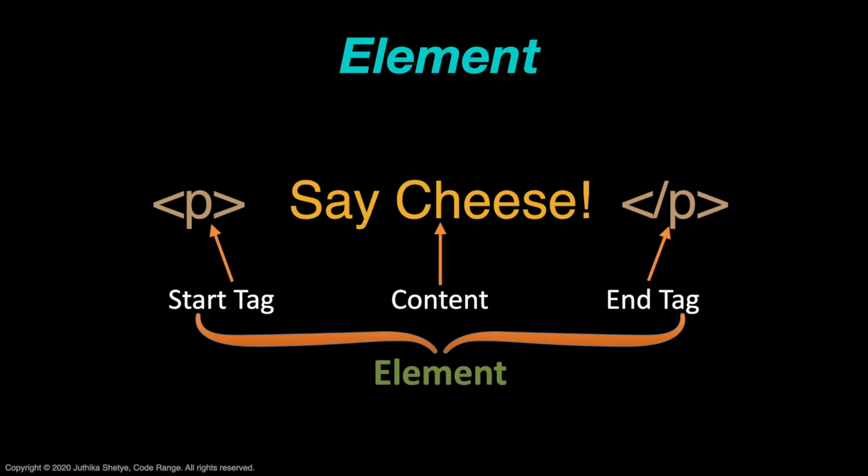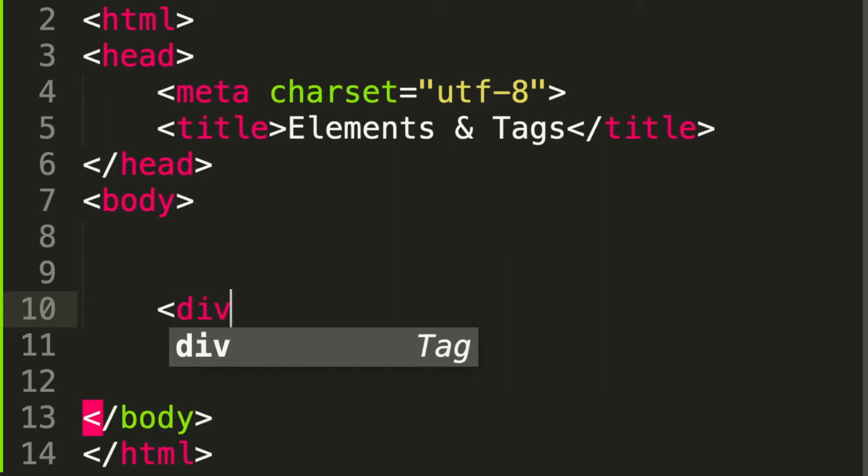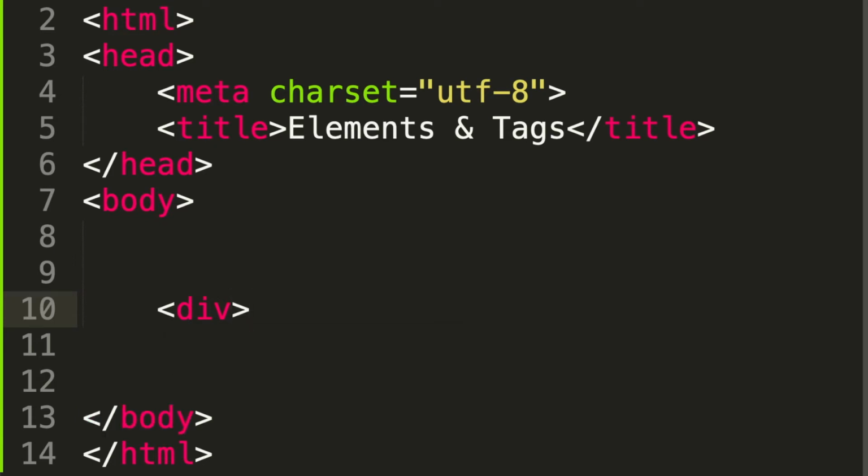Let me show you on my text editor how to write an HTML element. You start with an opening angle bracket, then you write your tag name like a paragraph or a div, then you type in the closing angle bracket. So this entire thing here is the start tag.